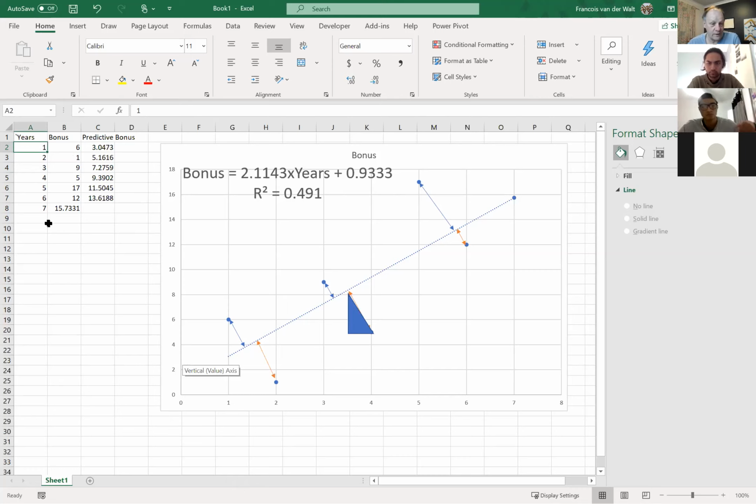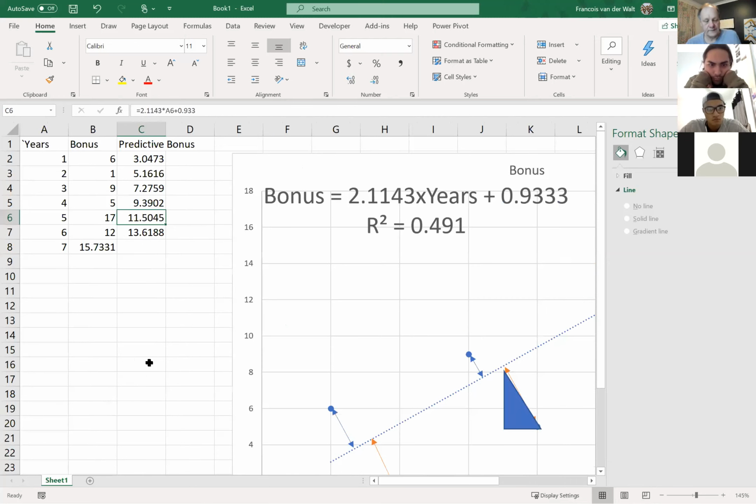Or if I put in 5, I would go there and across. That would give me 11 something. And you can see there it's 11.5. At any rate,